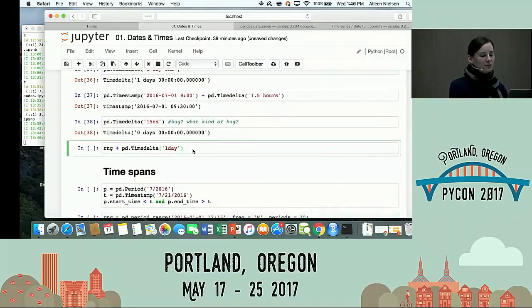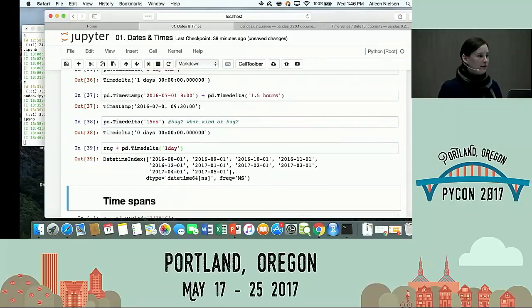Okay. Range plus PD.timeDelta 1 day. What did I do here? I took my whole range of dates rather than just a moment in time, right? So a time delta can be added either to a timestamp, a single moment in time, or to a time range. Now you might feel like, well, a time range is probably just a list of timestamps, so what's special about it? Well, is that really true? No, because it's got a frequency, so that's something to keep in mind. The reason a time range is a time range is it's got a frequency. It's not just an arbitrary collection of timestamps. If you want an arbitrary collection, you can just generate your own.